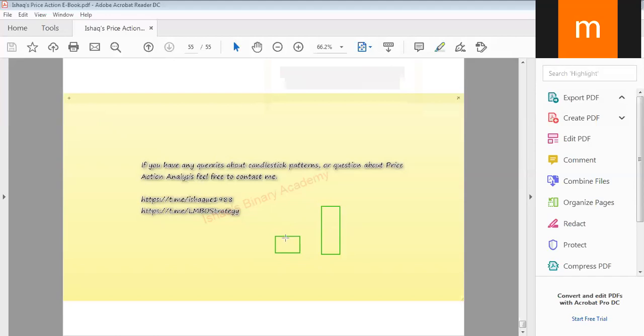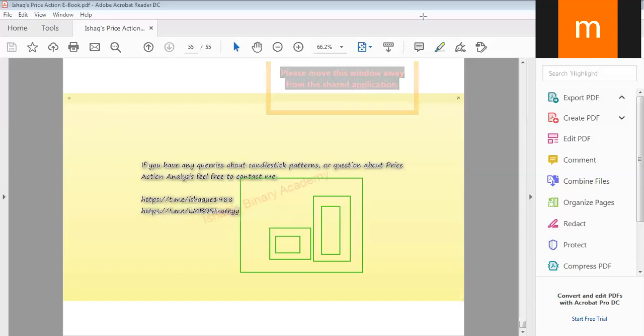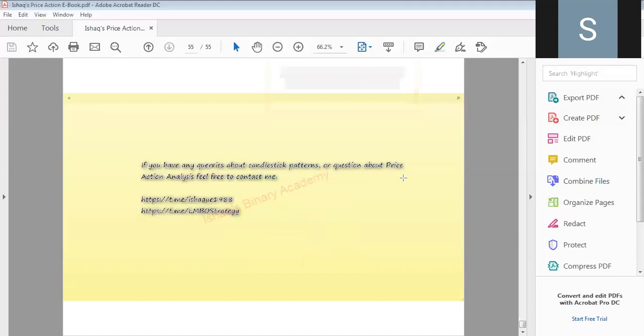Even if you find this candle and another candle, it's not any confirmation that this candle's volume is bigger or that candle's volume is bigger. Sometimes you find too much volume in a small candle and sometimes less volume in a big candle. So there's no need to understand the volume, only follow the patterns, only follow the candles. The candles always give us a message, each and every story they tell us. Don't need to follow the volumes. Okay? Another question? Okay, sir. Sir, another last question. Yes.